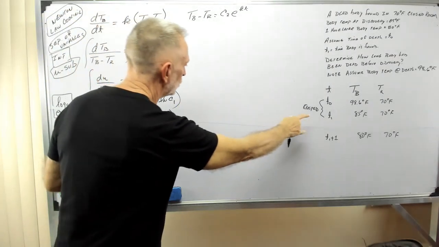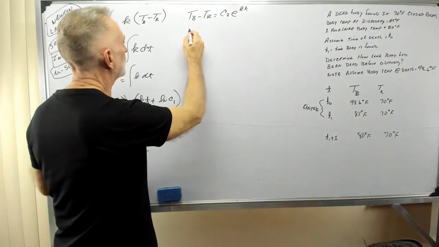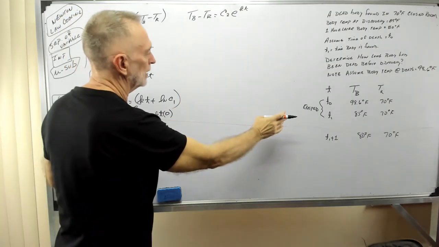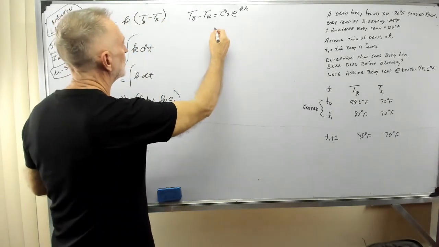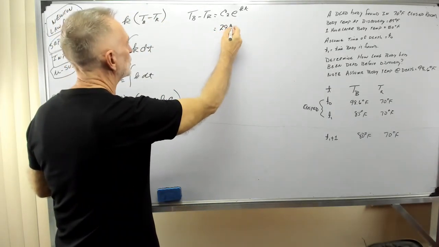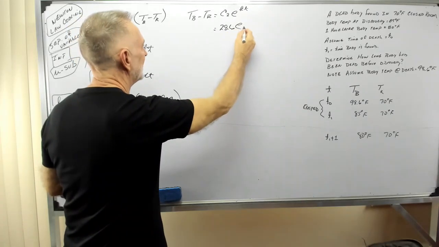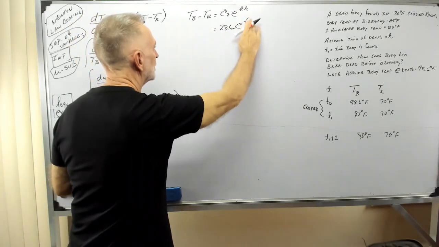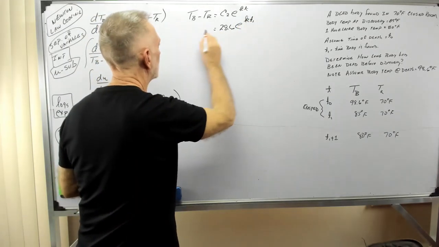Okay, we have 2 more conditions here. Let's look at T1. I'm going to go ahead and write C2 up here, 28.6 e to the k t1, and that equals